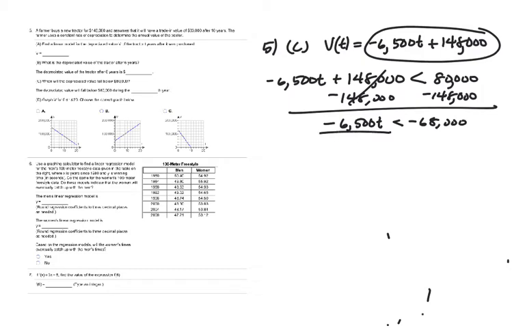And then we'll divide by a negative 6,500 on both sides. And remember, if you divide by a negative, you have to change the direction of the inequality. So we have T is greater than a negative 68,000 divided by a negative 6,500. It's approximately